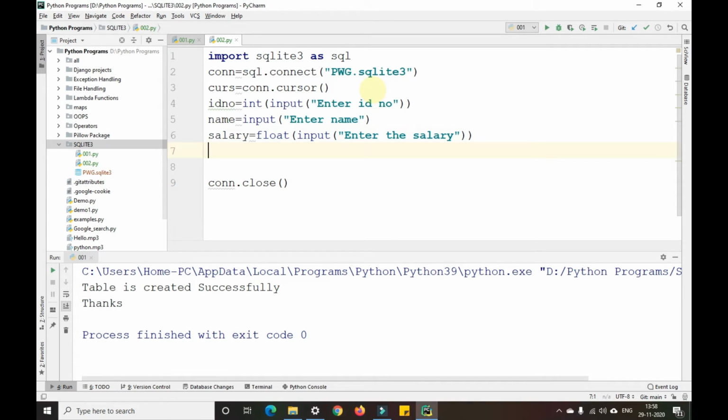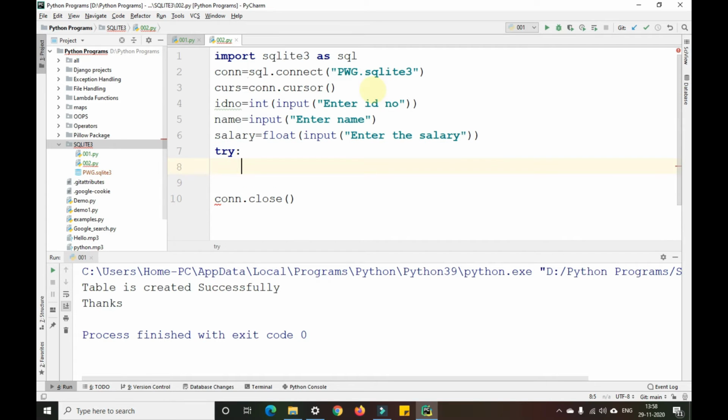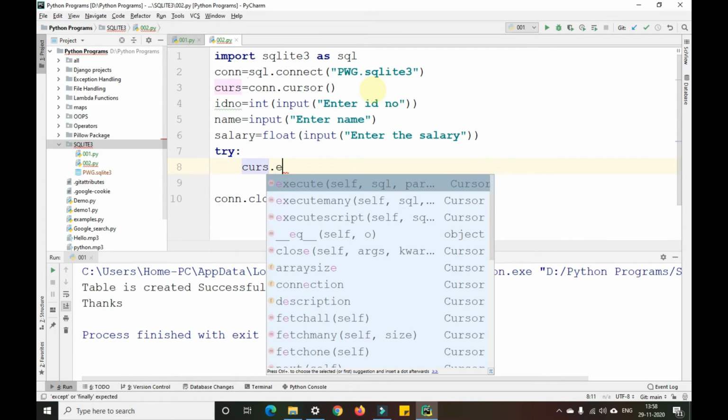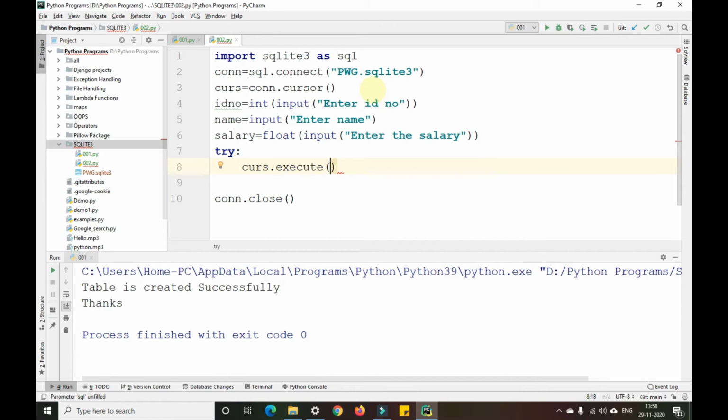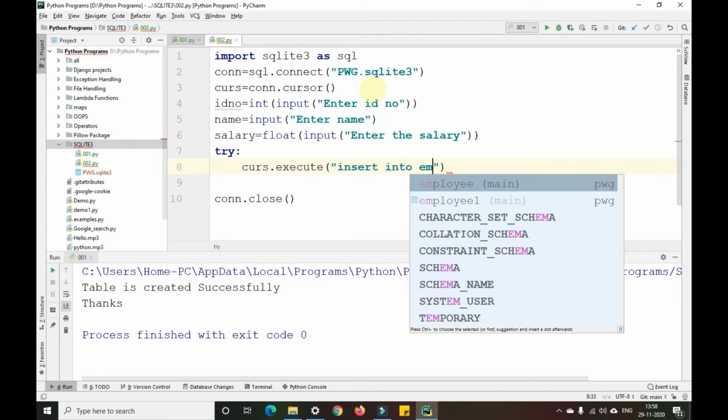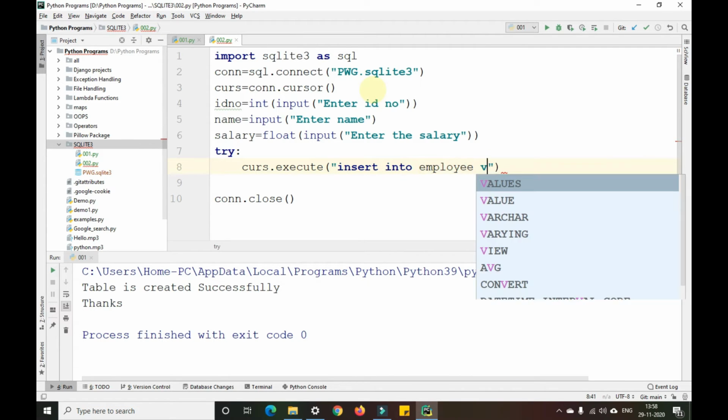So now I'll give the try block here. Try curs.execute, insert into employee values.